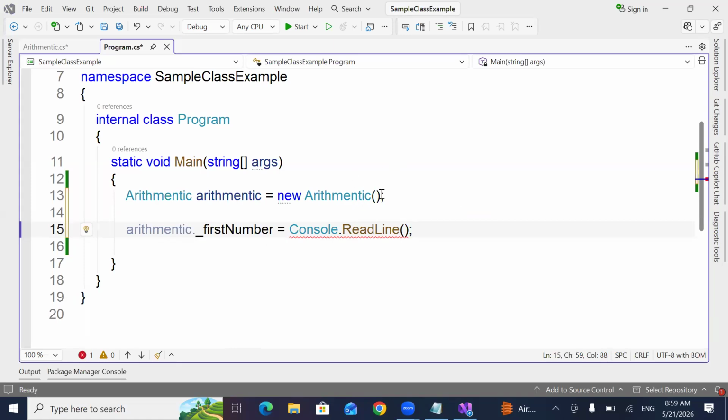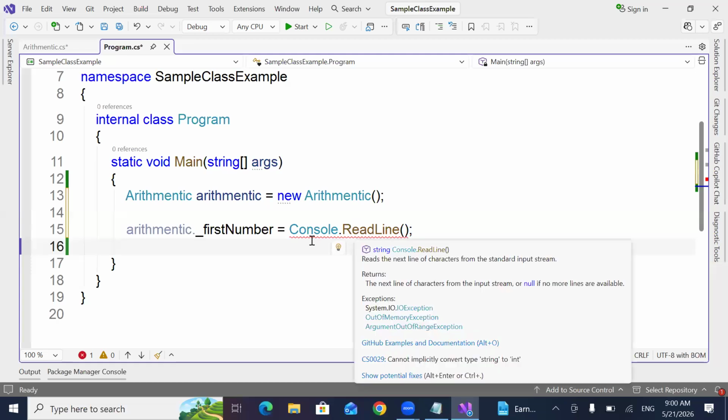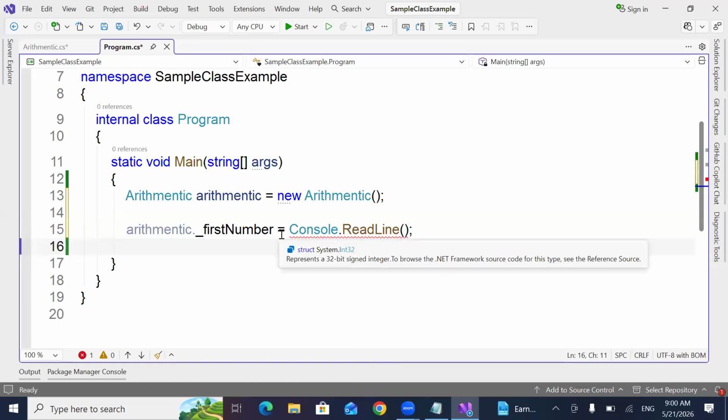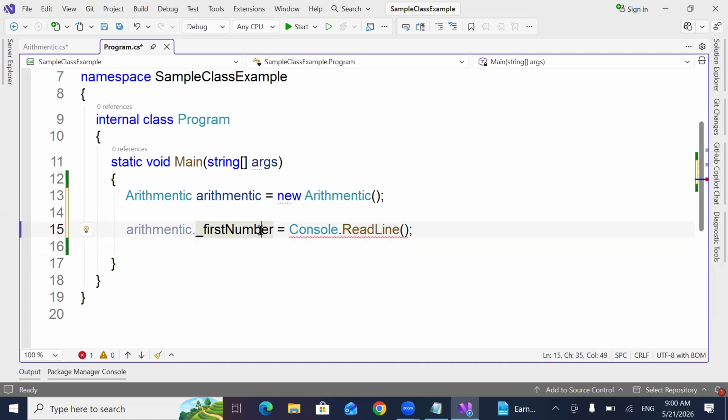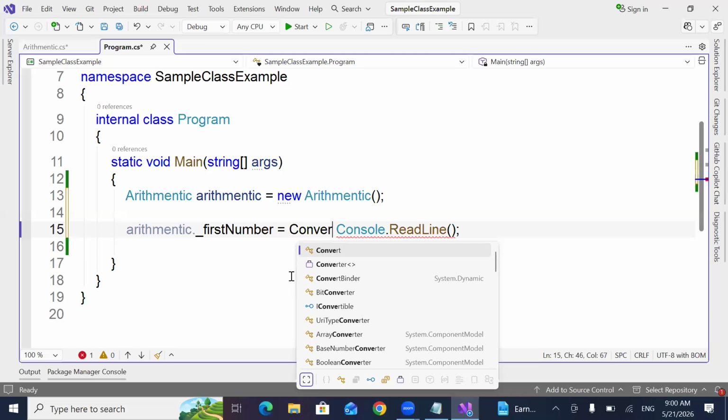What do I need to do? What is the problem with this? Rishi, what is the problem with this? Sanjeev, Shanmuga Sundaram, Venugopal, what is the problem in this? I already explained last class. I want an answer. Typecast it. We need to convert. See, Console.ReadLine always accepts a string. Can I assign a string to an integer? No. What you need to do is use the method Convert dot ToInt32. Convert that.